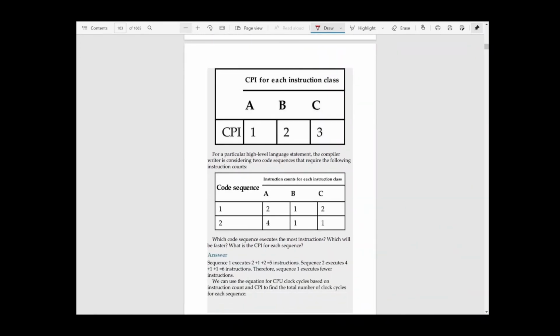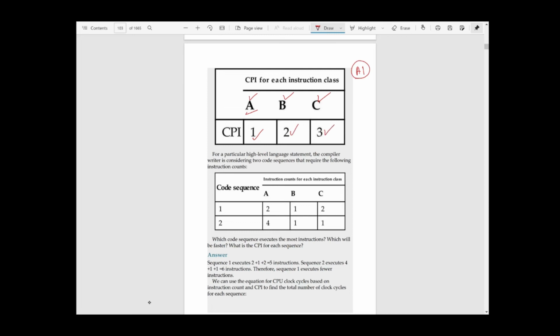So what they are trying to explain here is that there are two compilers. Now there is a compiler which needs to take two decisions. Means there is a program, suppose A1. Now the compiler wants to compile this program and create the assembly language. But the compiler has two possible options. These are the instruction classes A, B, C available to the compiler. And the compiler knows that for this class of instruction CPI is 1, for this type of instruction CPI is 2, and for this type of instruction CPI is 3.